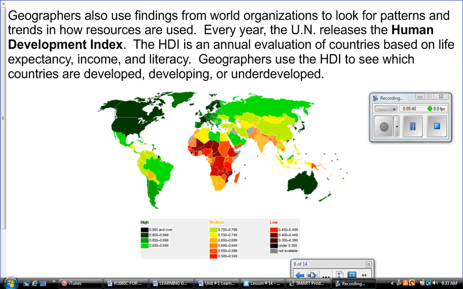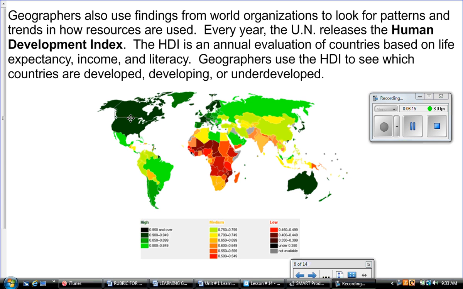Geographers also use findings from world organizations to look for patterns and trends in how resources are used. Every year, the UN releases the Human Development Index. The HDI is an annual evaluation of countries based on life expectancy, income, and literacy. Geographers use the HDI to see which countries are developed, developing, or underdeveloped. So just looking at this world map here,